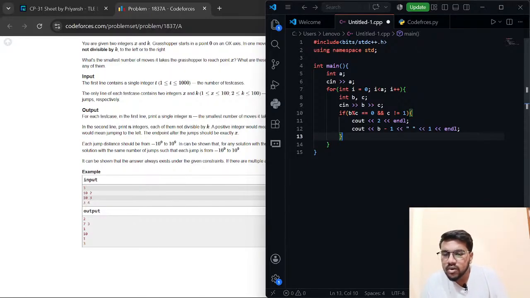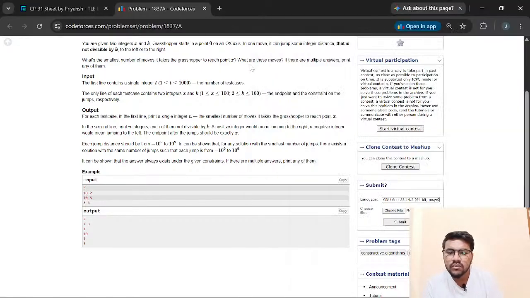So it can be multiple outputs. What is the minimum point x? Okay, you can jump to some integer t which